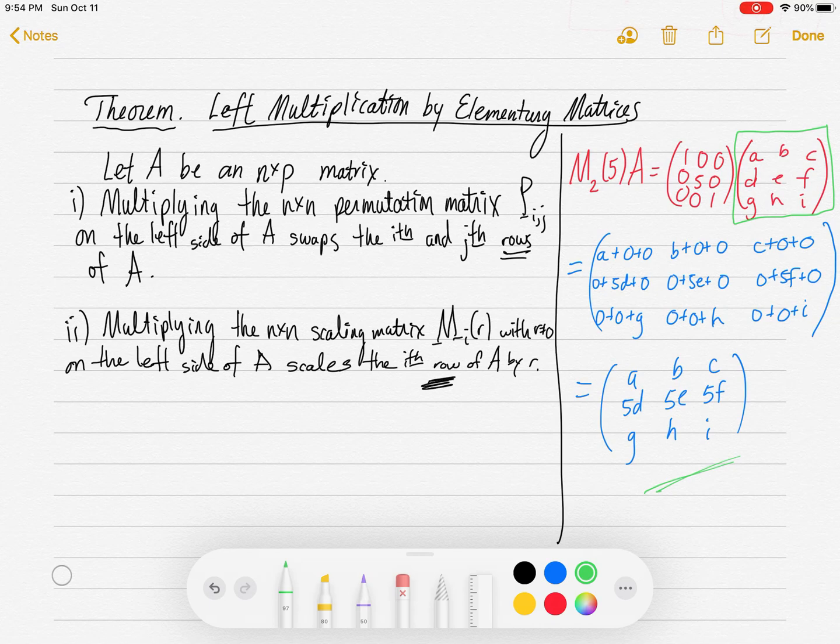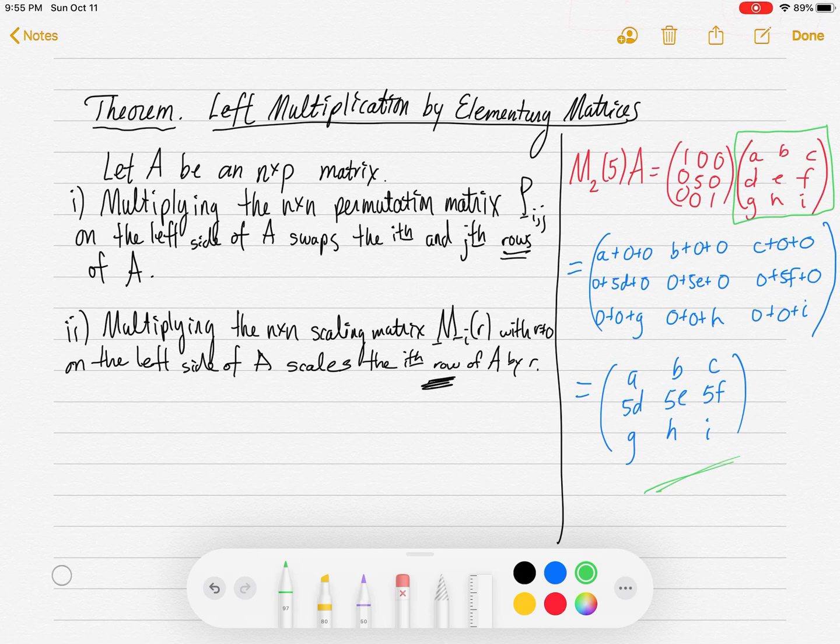Okay, good deal. So what I'm going to do, I'm going to look at my matrix A back here. I'm going to put a green box around it. I'm going to compare that to my matrix here that I just calculated, M25, that scaling matrix times A. How do they compare? Well, pretty much the same matrix, except